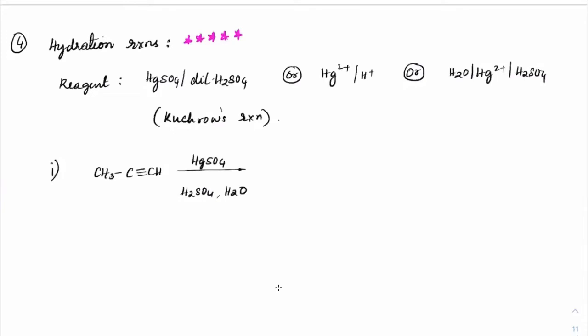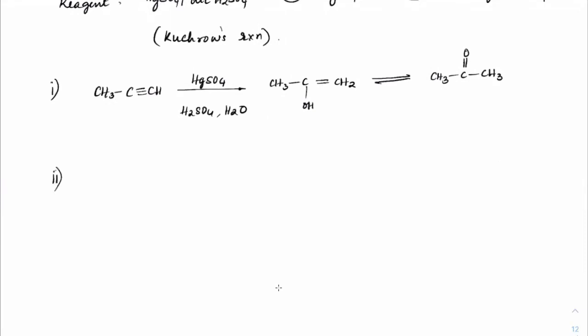If we take, we will get this as CH3, COH, double bond CH2. This on tautomerism will give CH3, C double bond O, CH3. So this is the final product formed. Okay. Second case, so if we check out CH3, C triple bond C-Ph in the presence of Hg2+